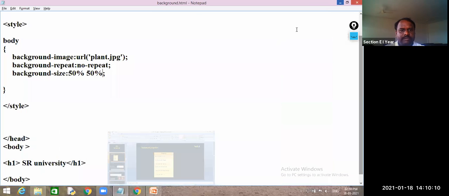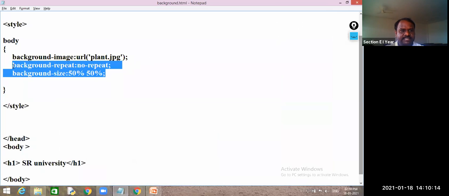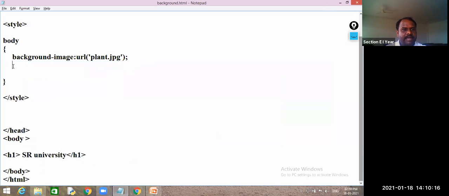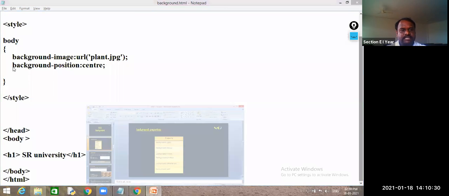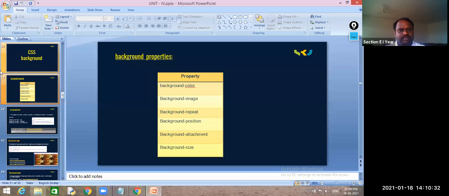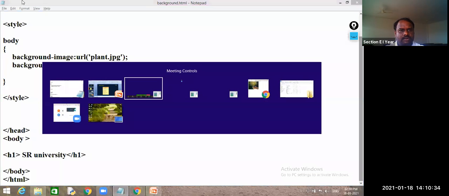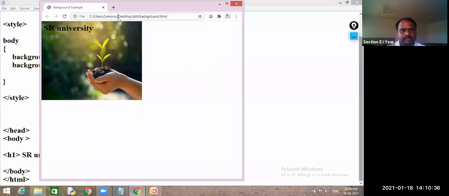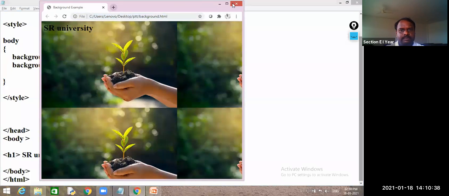See, right now my web application. I will remove these sizes, and background position, position is center. Center, and we'll see whether it will print in center or not.